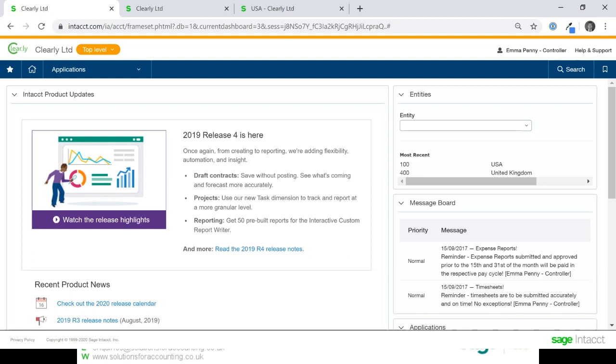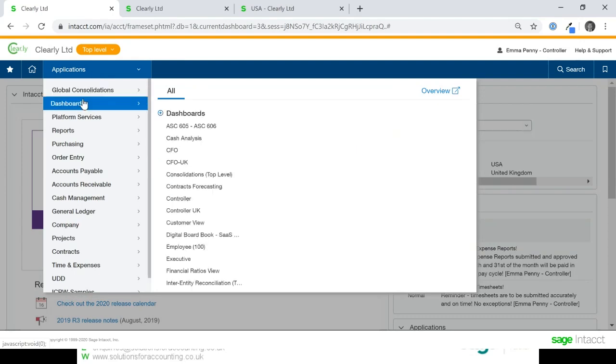Like I said, it works fine on any of the main browsers. The system is designed to work on a desktop. So although you don't have any software to install or any requirement to be on a particular network, it is designed with the user being on a desktop in mind. Therefore, the page layouts, etc., are optimized for desktop usage rather than mobile usage. It's a very easy system to navigate through. This is a standard sort of home page, if you like. You can define for a user which page they come to when they first log in, and that's particularly useful when you look at the dashboards, which are here.